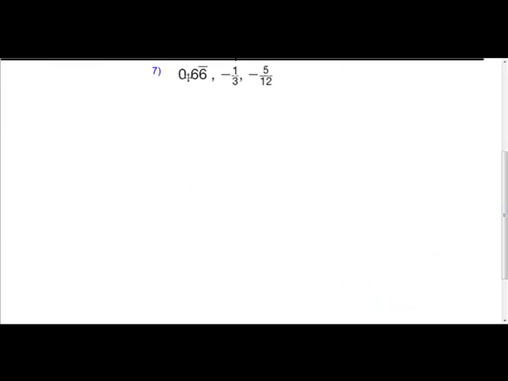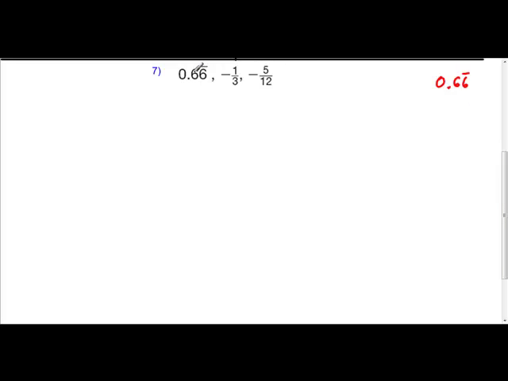For our last problem, we have 66/100, -1/3, and -5/12. And we need to put these in order from least to greatest. Well, this is a positive number, 66/100, and these two are negative numbers. So I know this is going to be my greatest number. So I'm going to go ahead and write that over here as 0 and